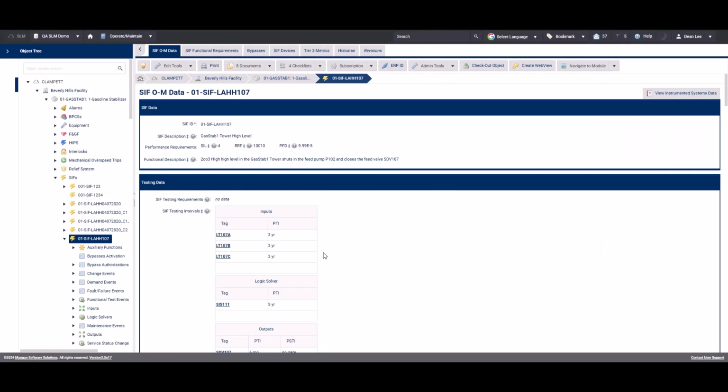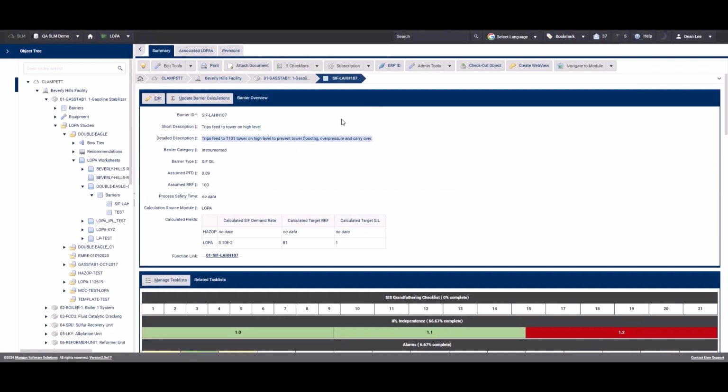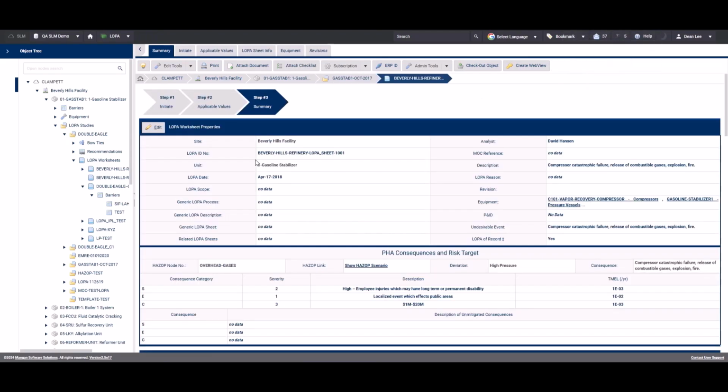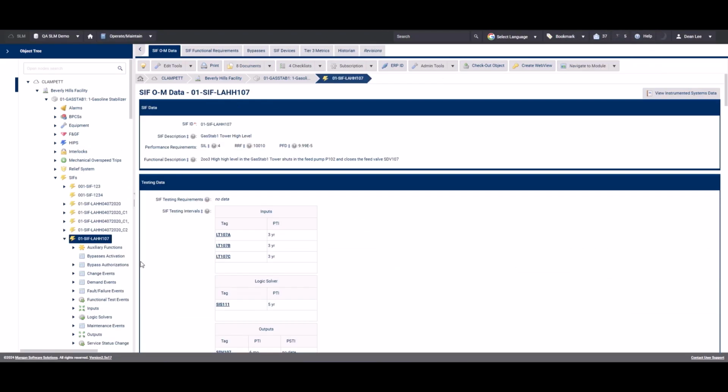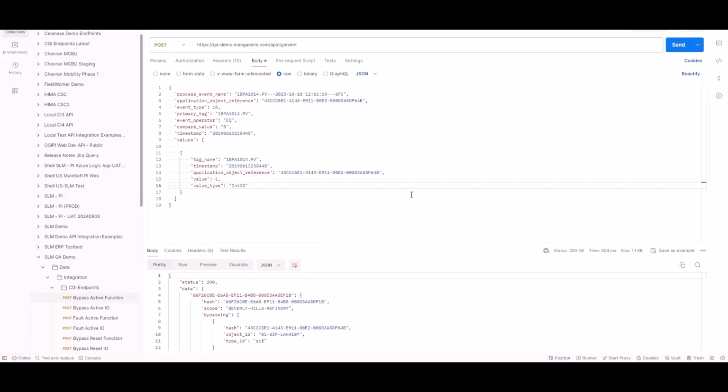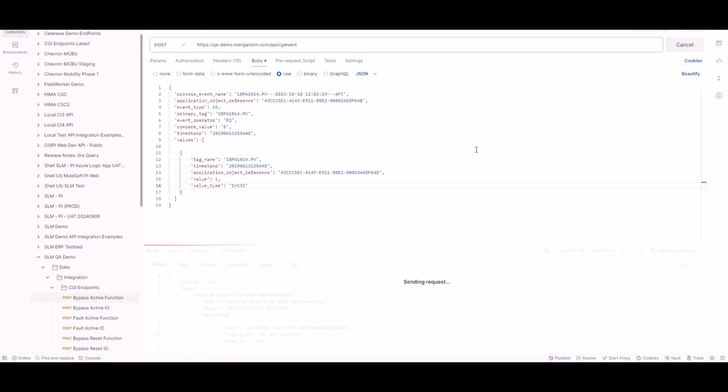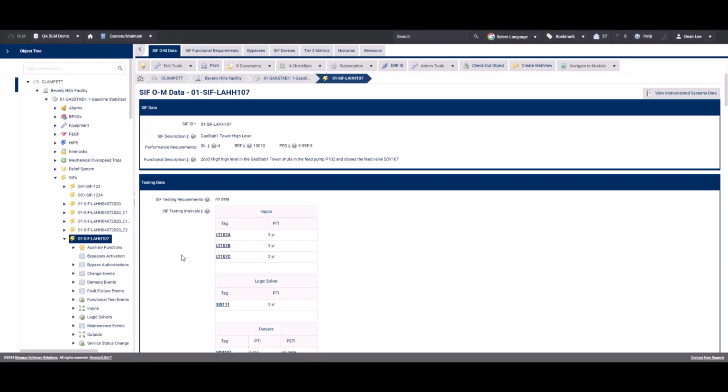So if we come to the operate maintain module and we click on a SIF, we have a SIF function that is related to a barrier, to this barrier, and this barrier is linked to this LOPA worksheet. At present, there's no bypass activations for this SIF. If we come to Postman, if we create a CGI event for a bypass activation, we come back to SLM,